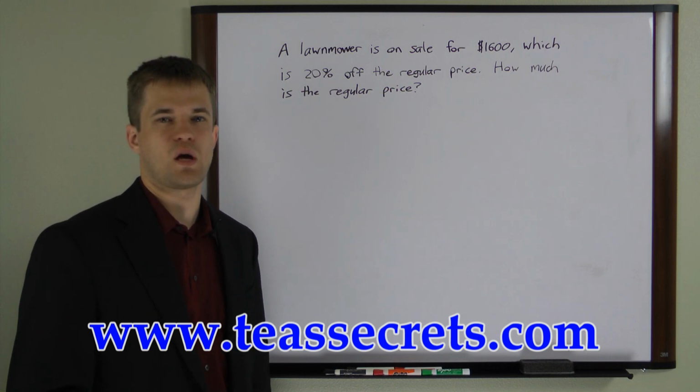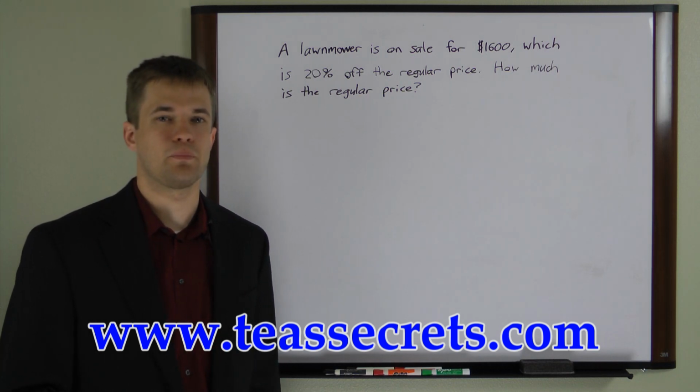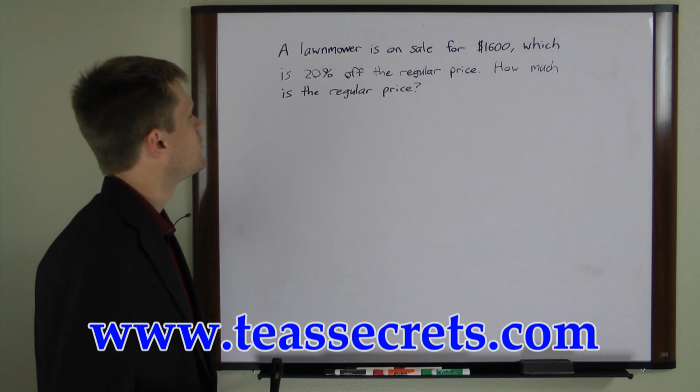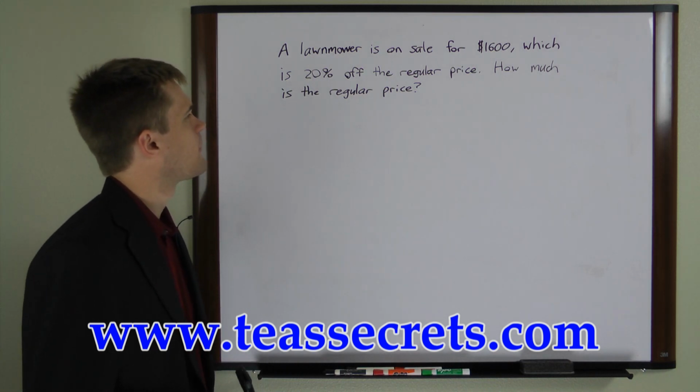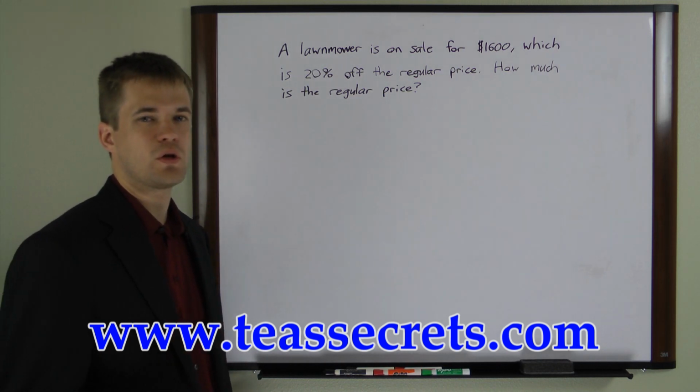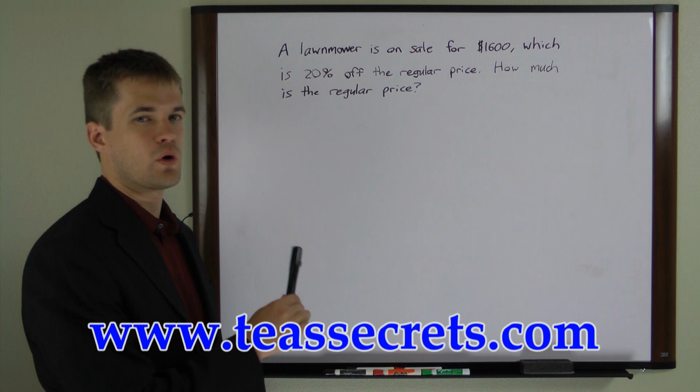Here's an example of one of the types of problems you may encounter on your exam. A lawnmower is on sale for $1,600, which is 20% off the regular price. How much is the regular price? Now, the first thing you want to do with a word problem like this is convert the words to an